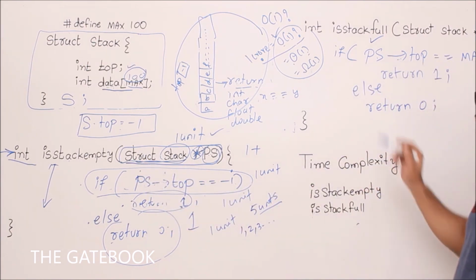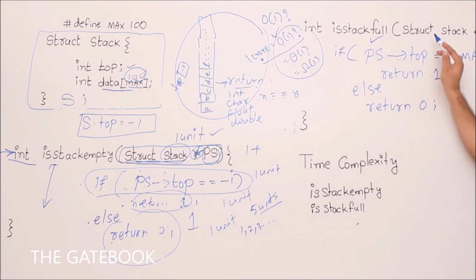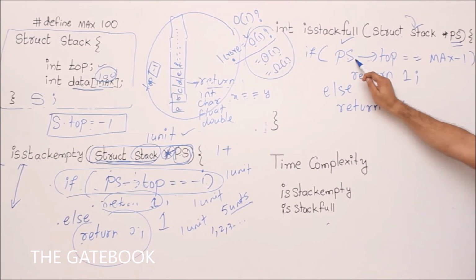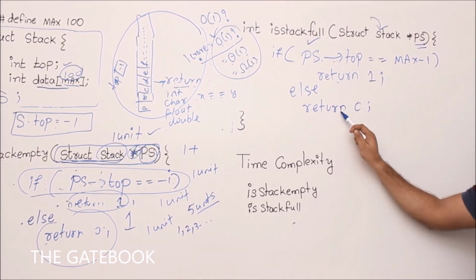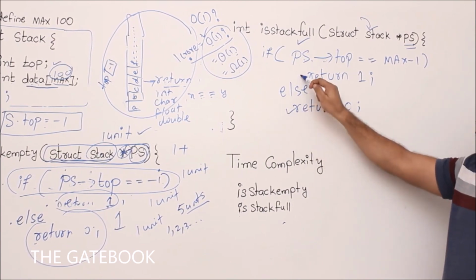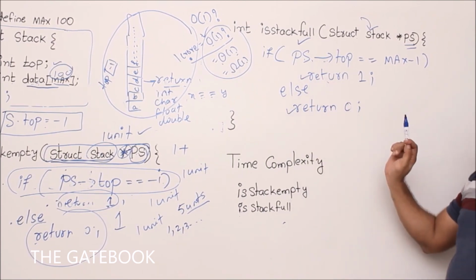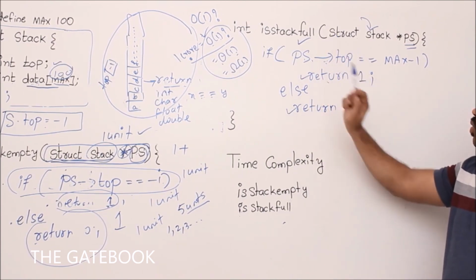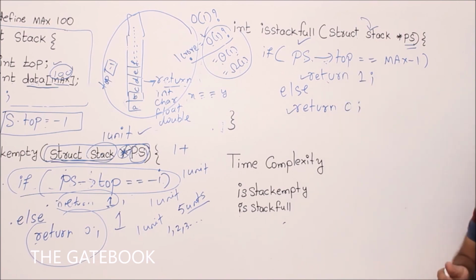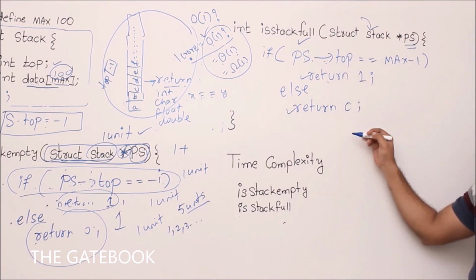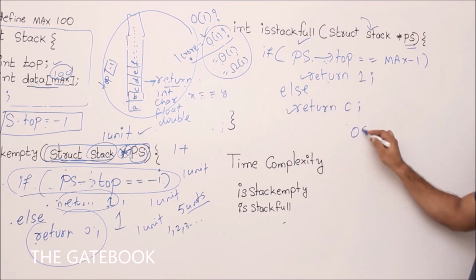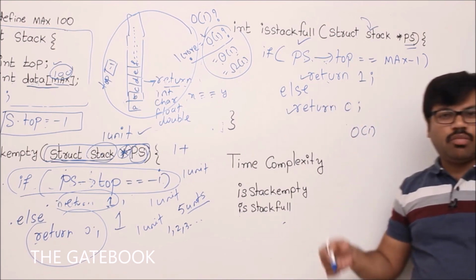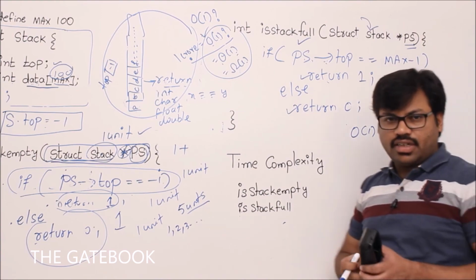Now in the same way, we'll see this one. After all, here one pointer copy, 1 unit, then 1 unit for comparison. Returning takes 1 unit. This return takes 1 unit. Either you execute this return or this return, correct? That's why at most 1, 2, 3 operations, correct? So that's why I can say that 3 or 4 or 5 are all constant. Then a constant can be written as order of 1. That's why this method's time complexity is order of 1. Understand? Now